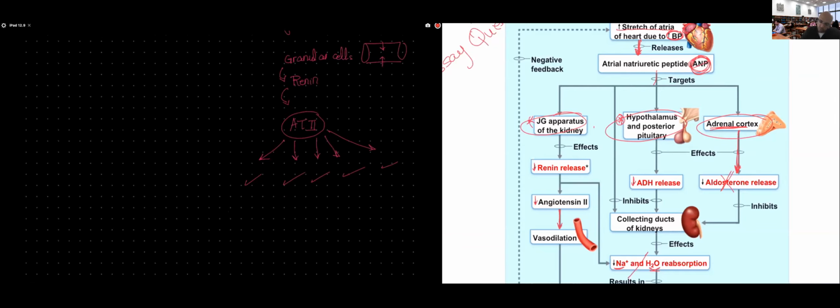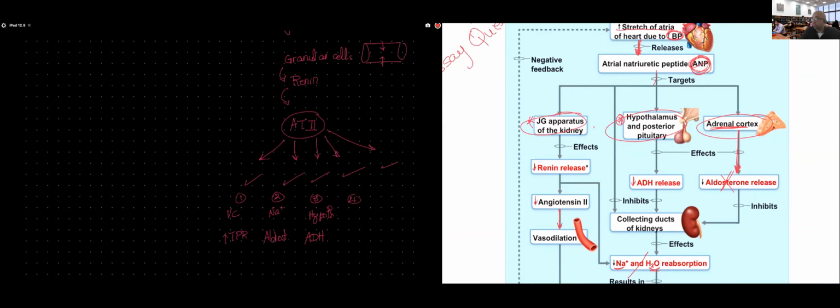Quick reminder: vasoconstriction of the arterioles, causing an increase in the total peripheral resistance and so pressure. Second, sodium reabsorption, by direct action of angiotensin 2 and indirect action by enhancing the release of aldosterone from the adrenal cortex. Third action of angiotensin 2 will be by acting on the hypothalamic thirst center and activation of the hypothalamus to release ADH.